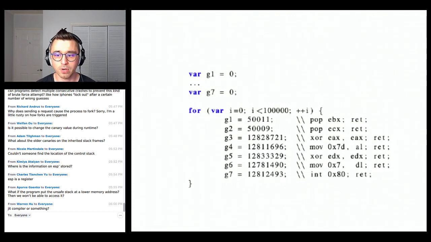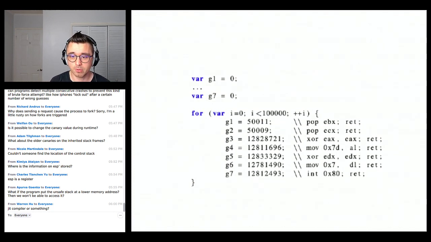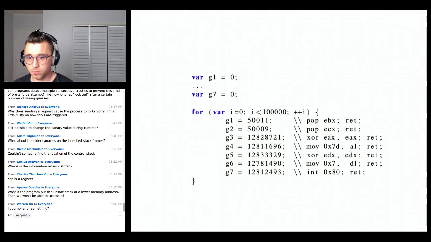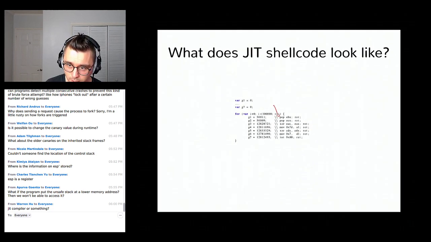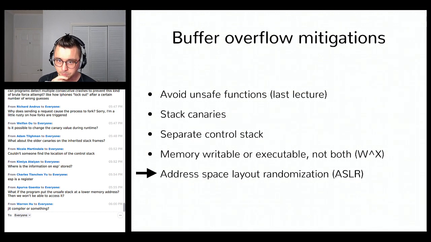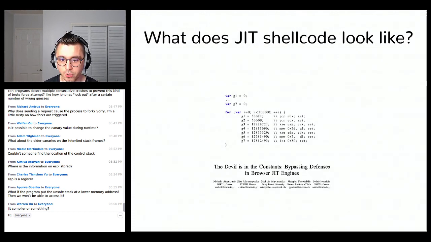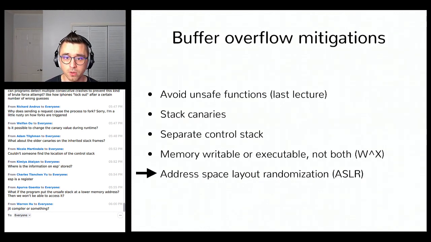So pop EBX, ret, pop ECX, ret, so on and so forth. And these will be gadgets that we'll be able to actually use as the attacker. If we could somehow jump here, then we're able to actually do whatever the hell we want. So it's just another way of bringing in shellcode. Okay, so I recommend looking at this paper if you're curious about these things. It's still kind of a really interesting arms race, but basically, this is a pretty powerful way of carrying